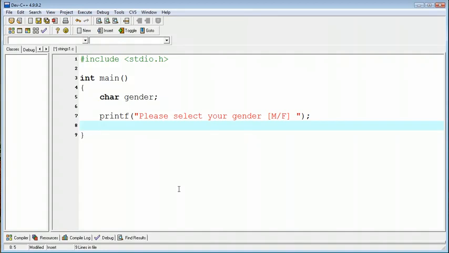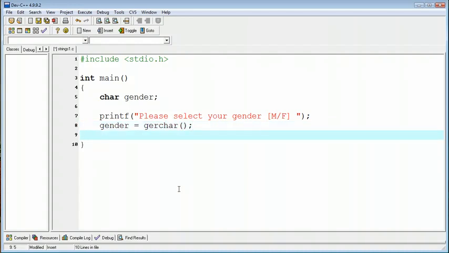So I'm going to have to set the variable gender equal to getchar, which will get a single character from the user and then save it into the variable gender, which is a character variable. Wow, we're apparently making a lot of typos today. There we go, getchar. So now, if I compile and run this at this point, which I'm going to do,